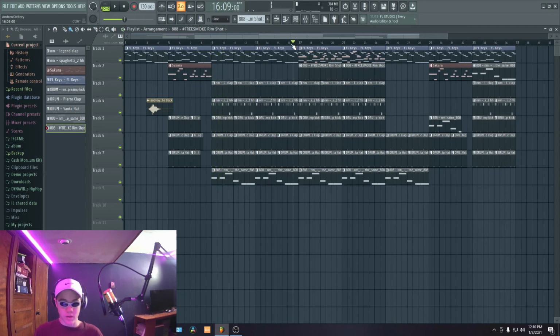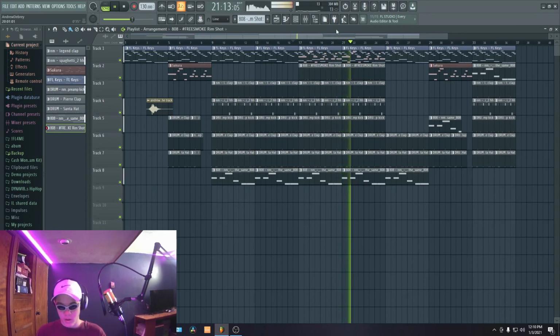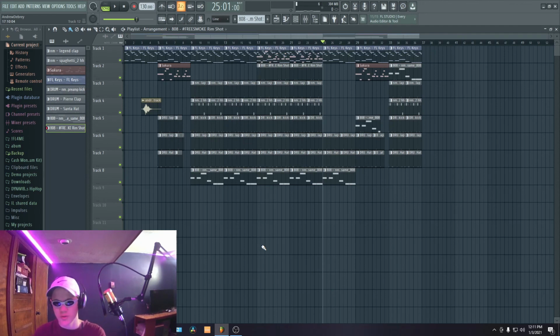But then later, it comes in the chorus. So I just took out the melody and added a rim shot. I just put in the counter melody and added a rim shot here. In the second part, and then you can just add a bridge or a pause in the middle of your beat and continue. Alright guys, that's how you make a super simple, super easy Mira internet money type of beat